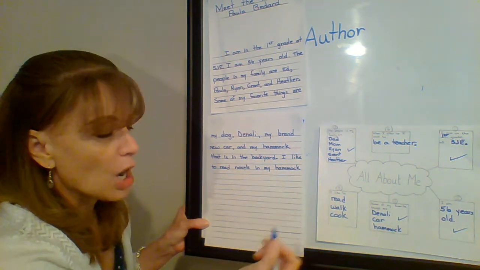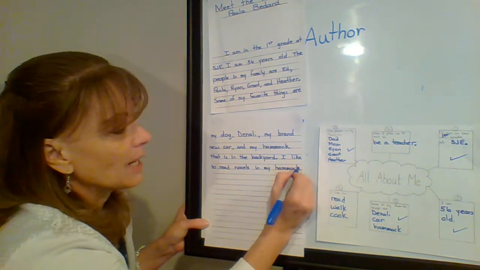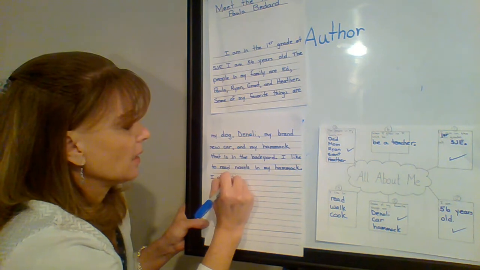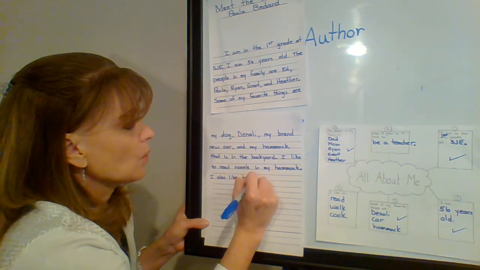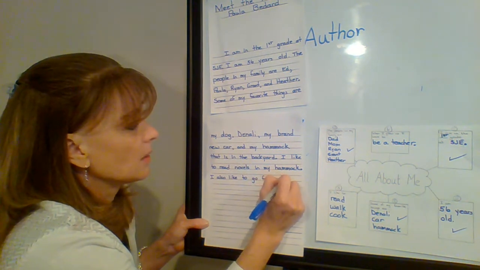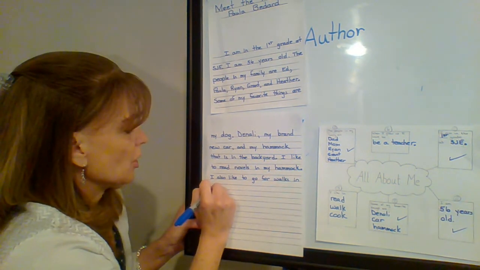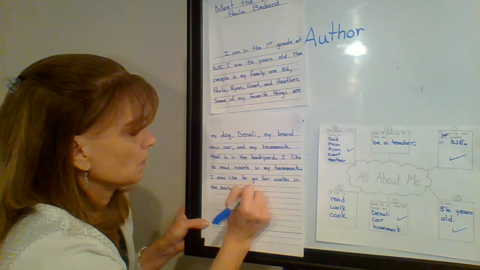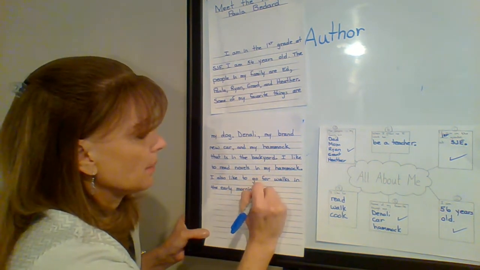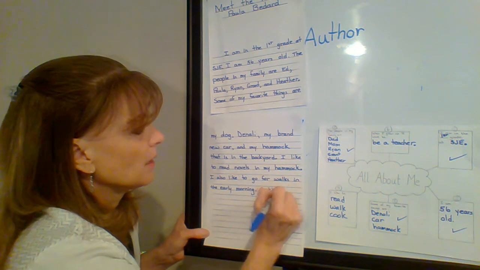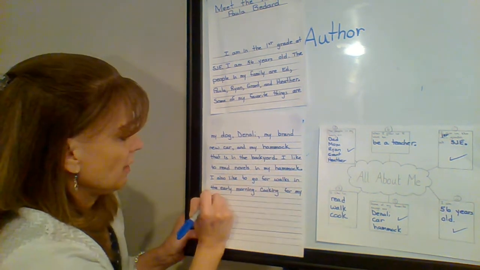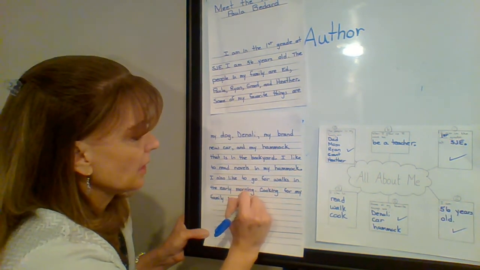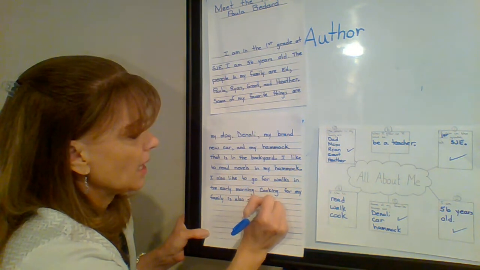So I can just put a comma and say walk to certain, or I could put a period and say, I also like to go for walks in the early morning. Cooking for my family is also something I like